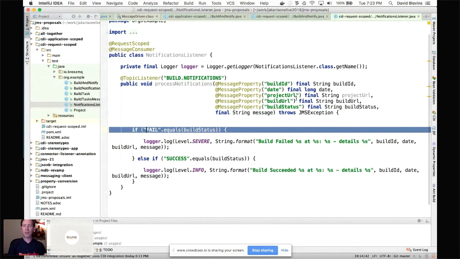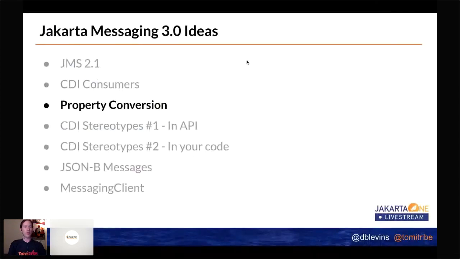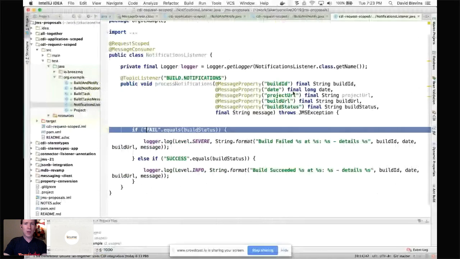We don't have to be stuck to just string, int, and Boolean and the primitives, right? So that would be the next thing that we would do, is we would add equivalent property conversion into the API. So instead of doing code like this,